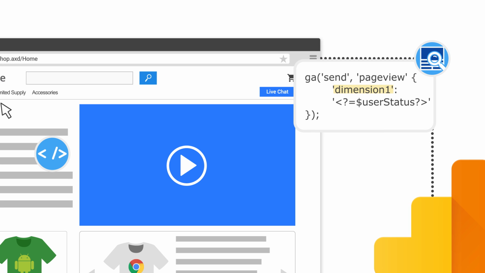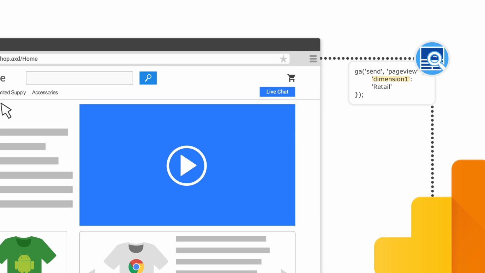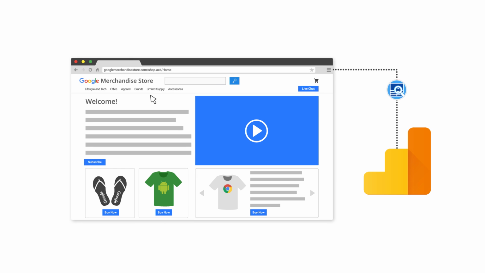Dimension 1 refers to the index number of the custom dimension created in Analytics. The user status variable is what the store's custom JavaScript code passes to the custom dimension to use in reports. When the custom JavaScript collects whether users came from the discount URL link or not, it will populate that index and value variable with the user status. Once the hit has been sent to Google Analytics,